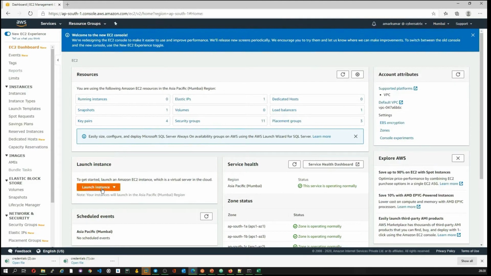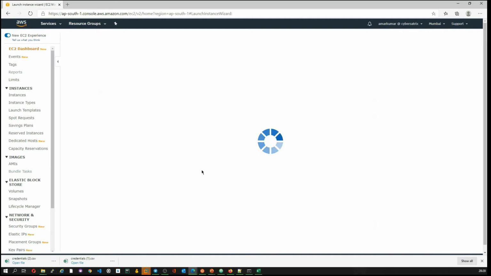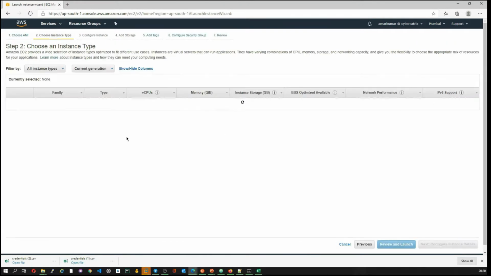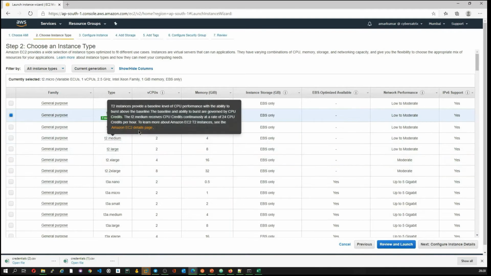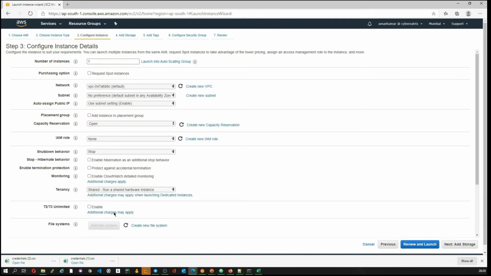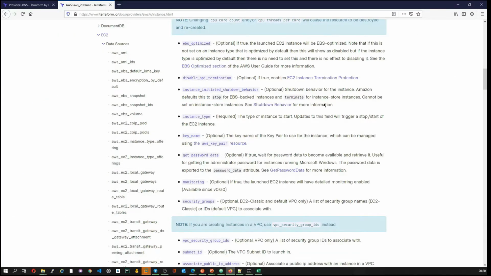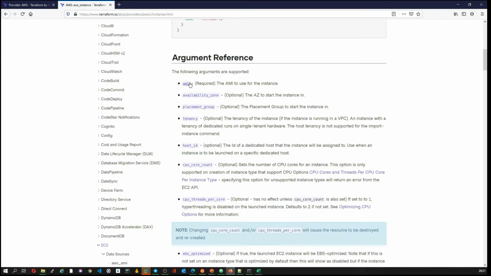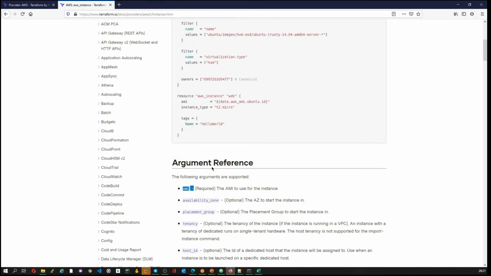I get the first option to choose an AMI, which is required. Then I get an option to choose an instance type, which is again required. From these steps onward, everything is optional. You can leave it as default, and it will automatically create a default value for you. Considering the same, if we provide the instance type argument and the AMI argument into the resource bucket, we should be good to spin up an instance.